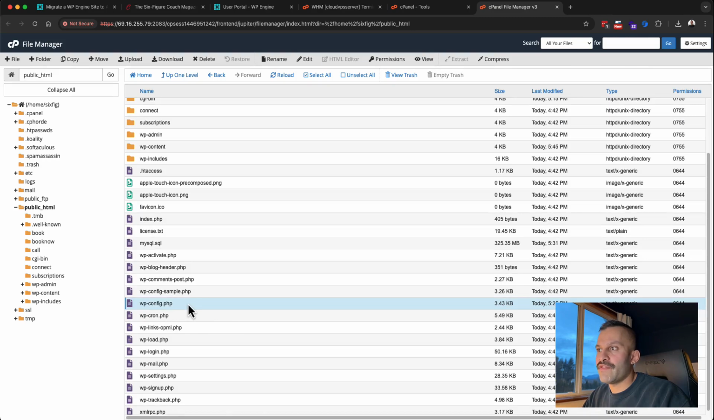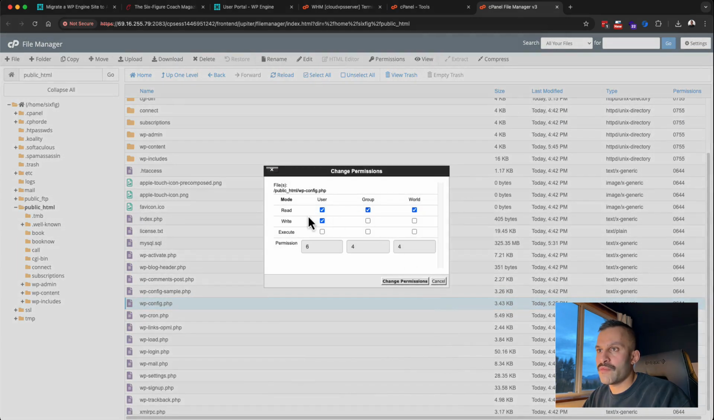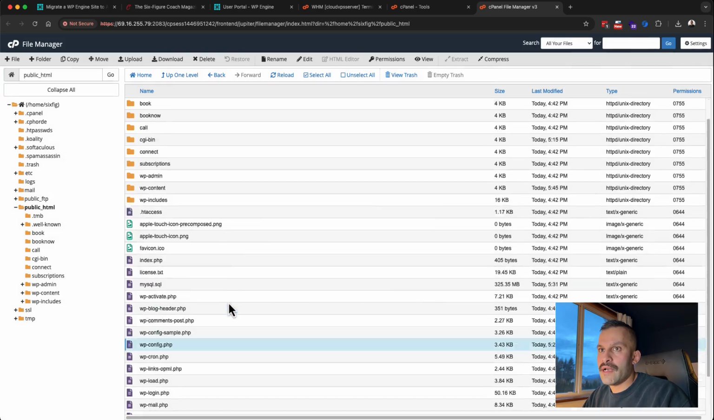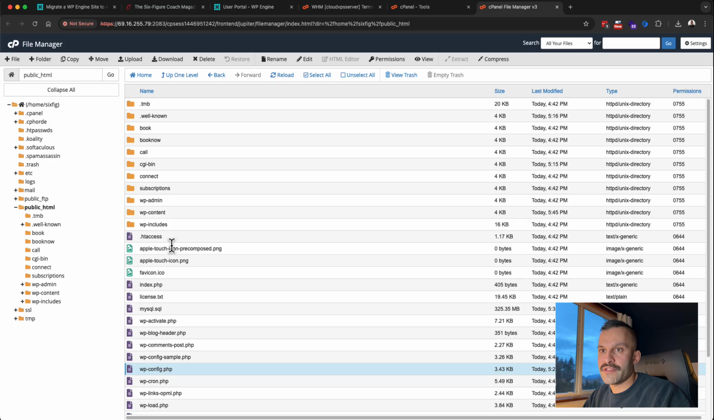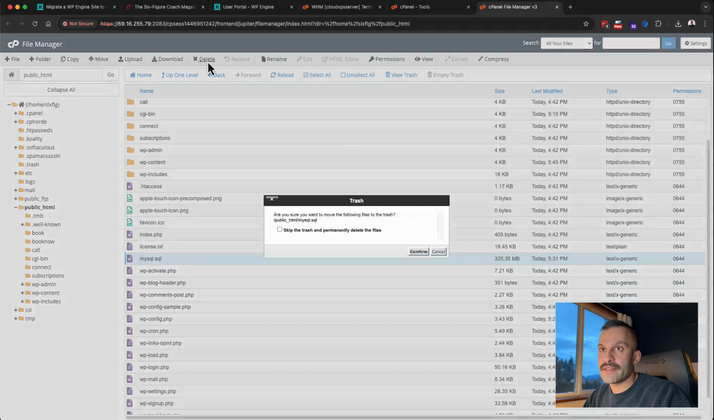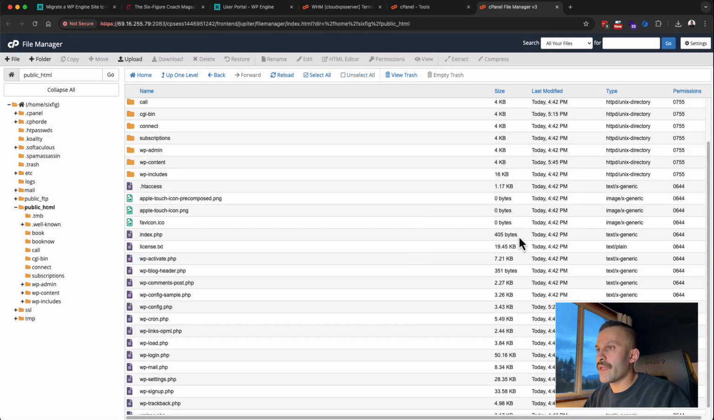WP config, we are going to change the permissions to 600. So I'll just uncheck these two. Change permissions. Let's go up a level, or actually no, in this directory, let's find our MySQL file. We need to delete this as well. We don't need this here. Okay, so now at this point, our website, our database, as well as the file system has been imported into